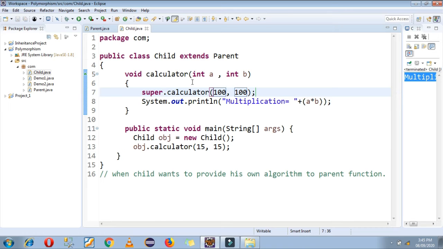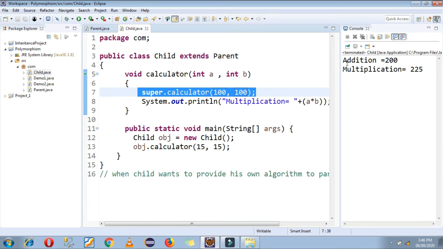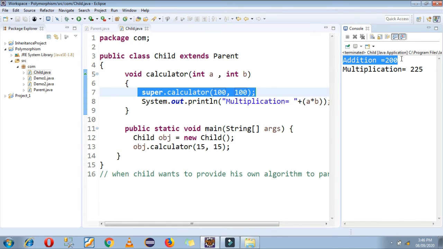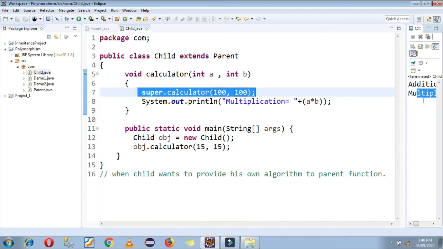I have already provided tutorials on the super keyword as well as on the inheritance concept. Now run your code and check your console. It printed addition is equal to 30 and multiplication is equal to 225. That is the correct output. So that is nothing but method overriding.